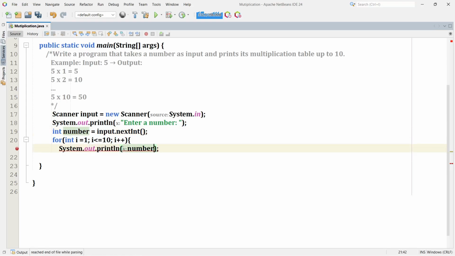So it's going to be number plus, there is a space between the number plus, I'm going to use this x as a multiplication plus 1. So from 1 up to 10, this is the variable that we used, i. It's going to be i plus